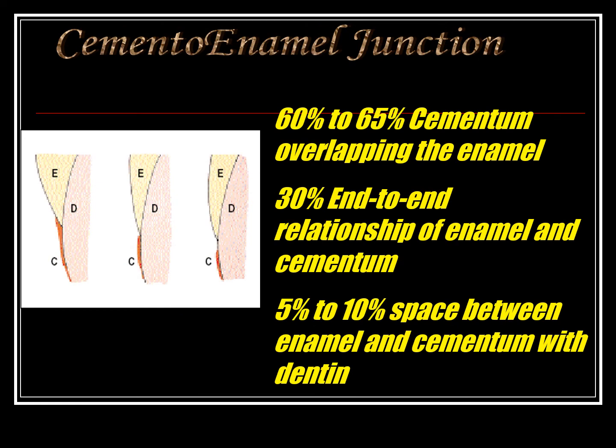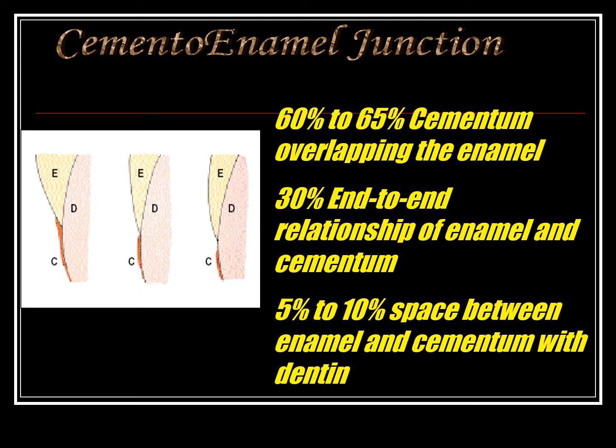There is another junction, which is the cemento-enamel junction. The cemento-enamel junction is a junction between your cementum and the enamel. Enamel is the outer covering of the crown, while cementum is a covering on the root surface. So this junction will be located between your crown and the root.